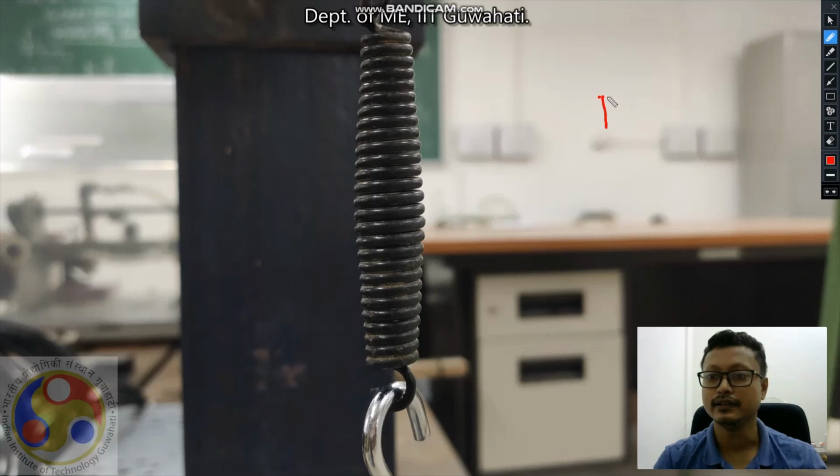This is the capital D. Capital D I will get from the table, taking different section diameters, and from multiple diameters I am taking the average, I will get the D mean. Okay, so don't be confused, and for small d I am measuring the diameter of the wire of this spring. Okay, this is small d. Okay. Then let's begin the video.